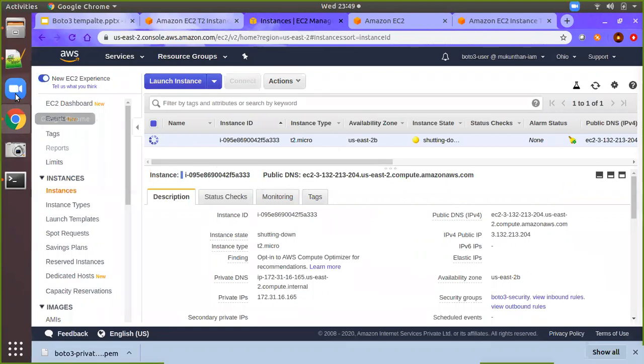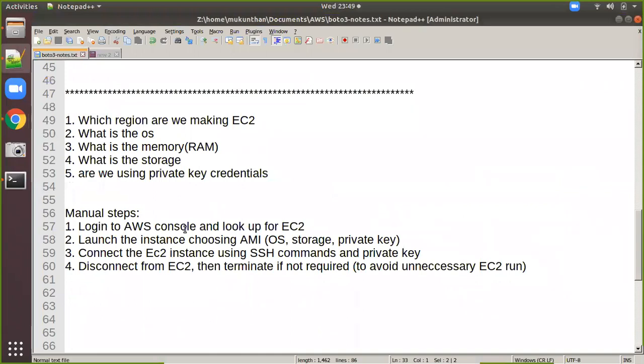So now coming back to our notes. Now we have logged into the console using the root user or the IAM user. Then we have chosen some AMI. AMI stands for Amazon Machine, let's say identity, or it is not identity actually, image. Okay, Amazon Machine Image. Then in this Amazon Machine Image, you will be having different options, like you are able to select the OS. Since we are in the free tier, we have chosen Linux, and we are able to choose the storage, and we are able to create the private key, or we can use the existing private keys in order to connect to the EC2 after launching the instances.